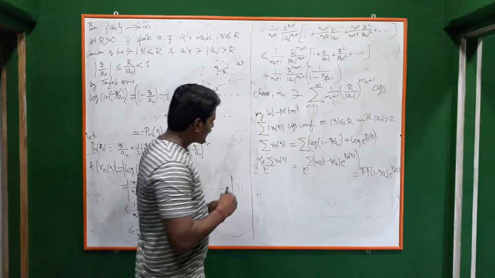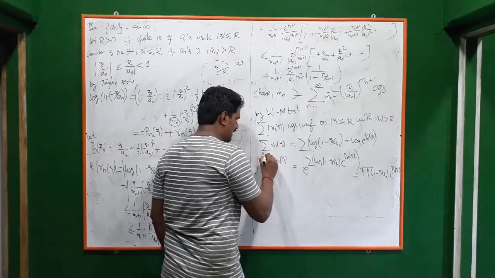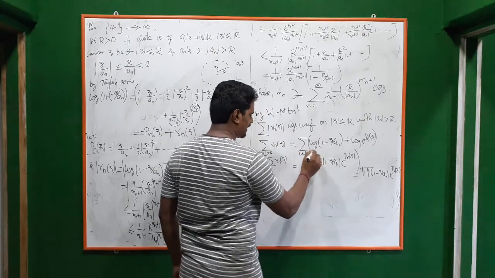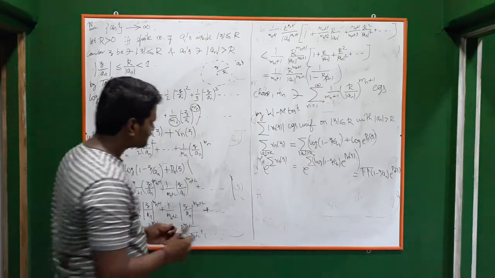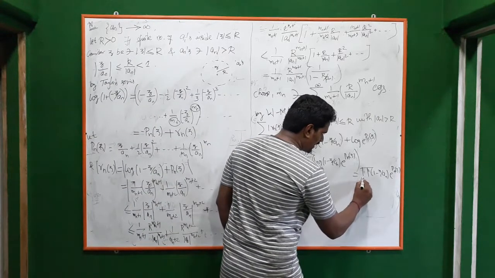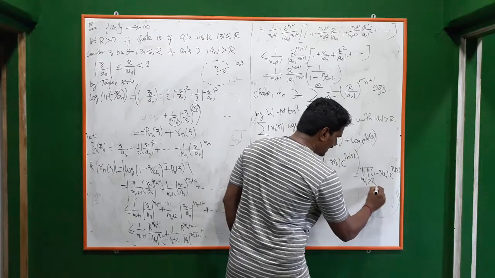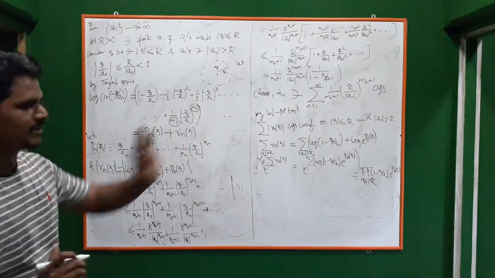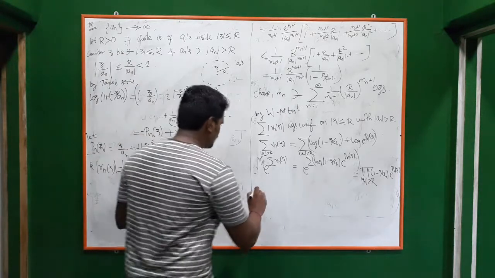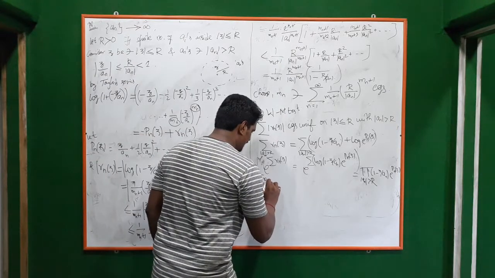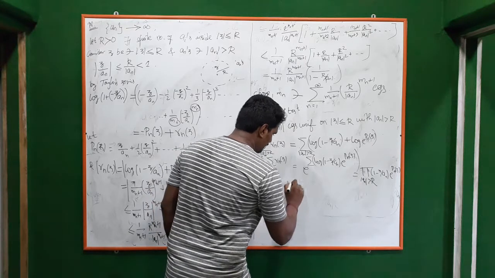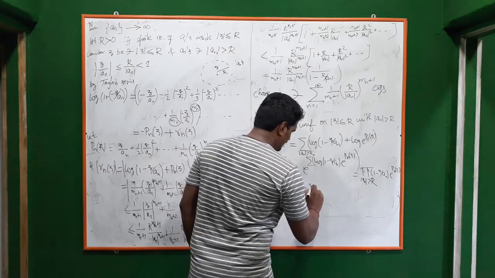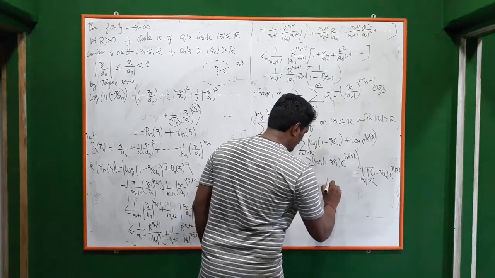So let it be, or we can write it as mod an greater than r, like that we can add. Or we can leave it as it is, later we can write that. So here also this product varies over mod an greater than r, which are all an satisfying mod an greater than r, that will be coming there. So what you have got now: e power summation Rn of z is the product over mod an greater than r of 1 minus z by an e power Pn of z.